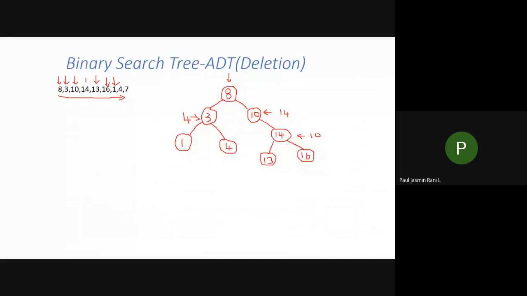The last element is 7. Again, you start comparing with your 8. It is less. That is, 7 is less than your 8. It travels along the left subtree. When you compare 7 and 4, what happens? 7 is greater, isn't it? Therefore, I'm going to place it on the right subtree.